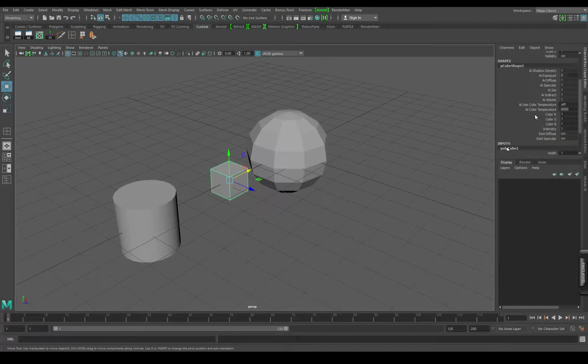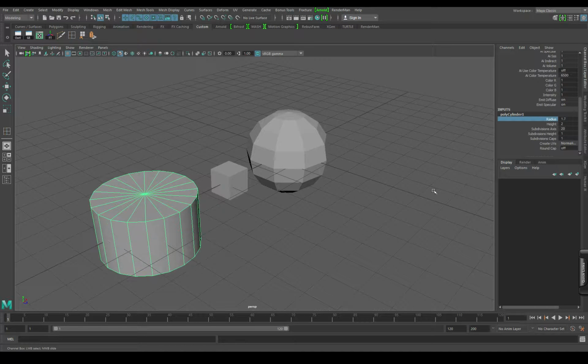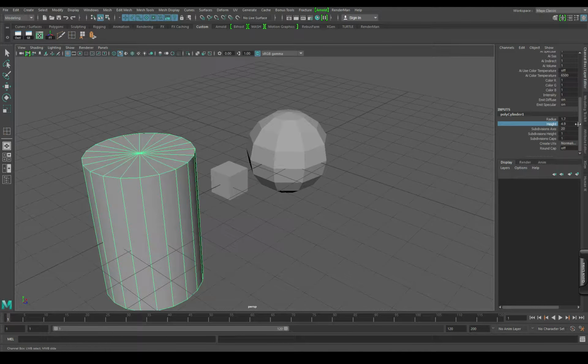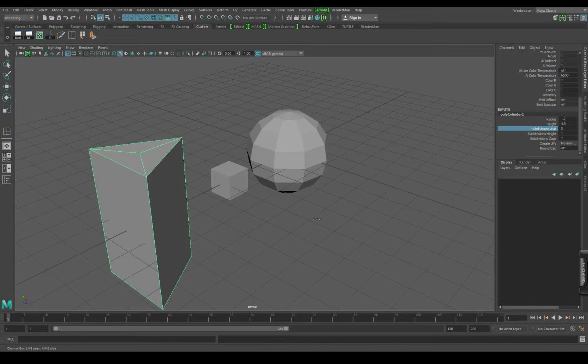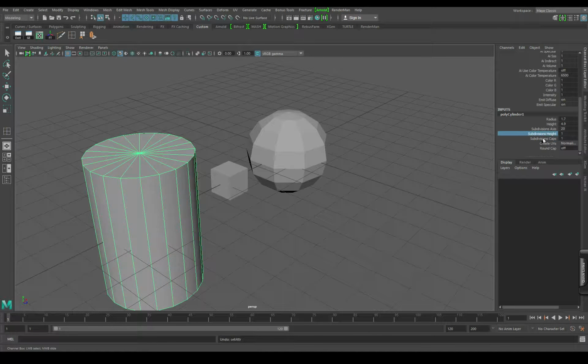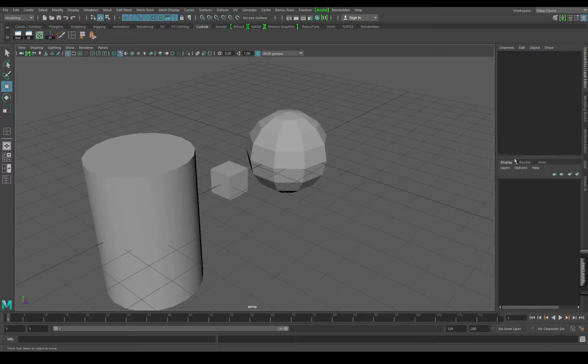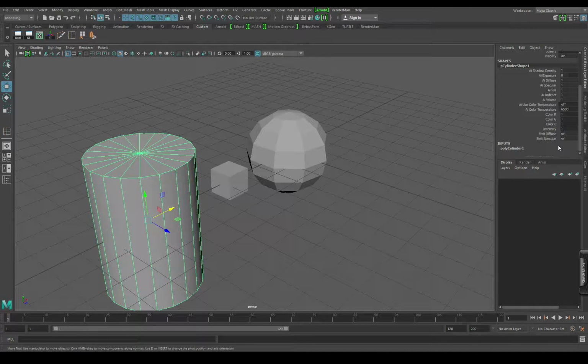Same thing with the cube. I can put in different divisions, and the cylinder, I can do your radius, you can do your height, subdivisions, okay, caps. So all pretty cool. Create UVs, yes, and all that stuff. Okay, so